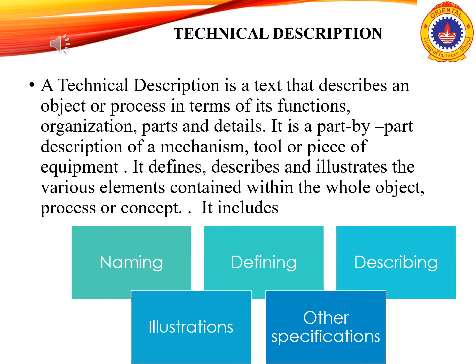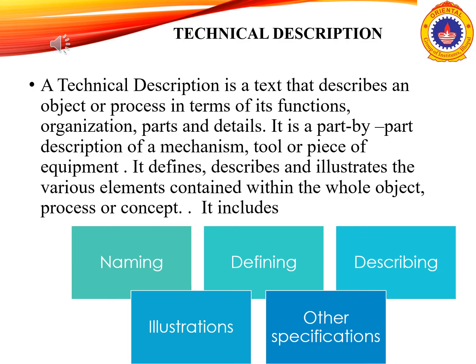Okay, so if you are asked to write a technical description on, say, refrigerator or air conditioning or fire extinguisher, you need to first write the introduction, specifying the meaning, the definition and what it actually is. Okay, then you can come to the part by part. Each part you can define and explain, give the functioning, and you have to describe the whole mechanism involved. Okay, then you can give illustrations also along with the description.